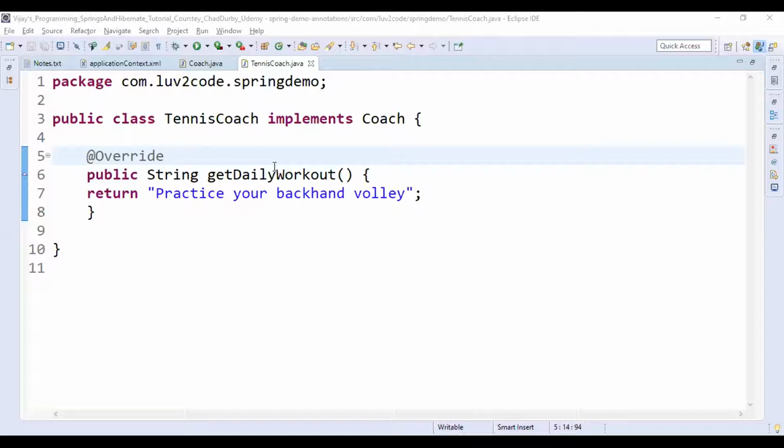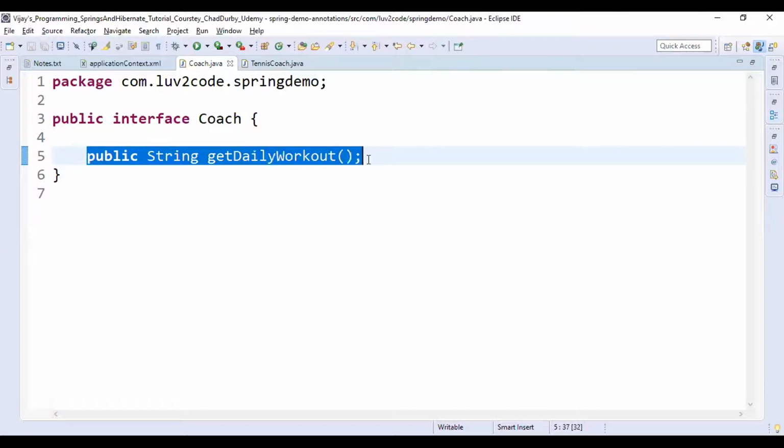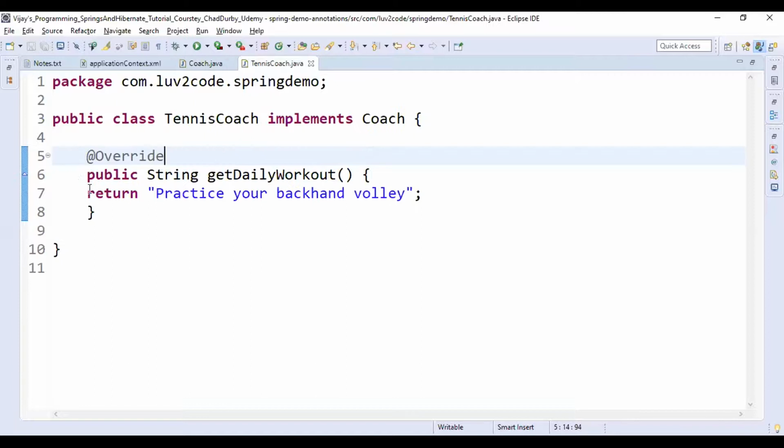Here we can see that in the coach interface, we have declared the getDailyWorkout method. In the tennis coach, we are implementing this method, and we are confirming to the compiler that we are going to implement this method of the coach interface.